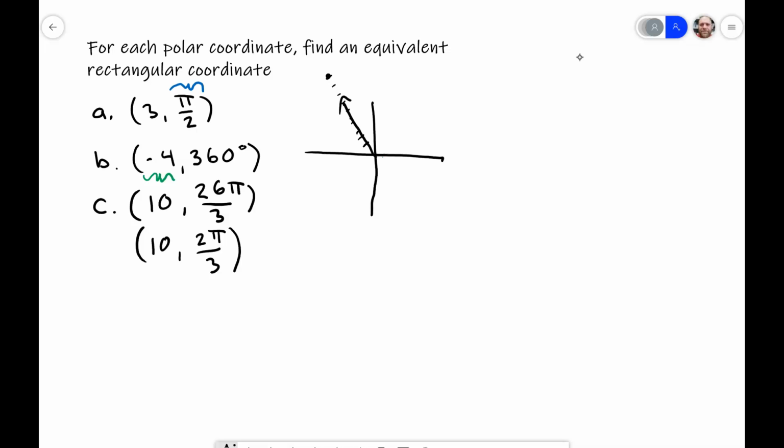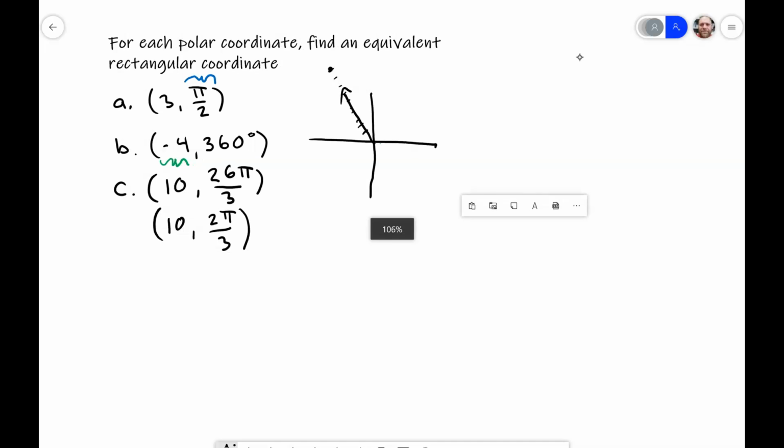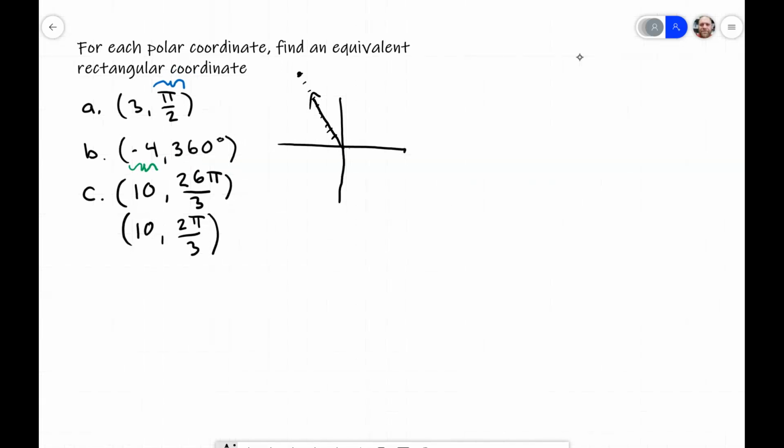So we're going to basically be using two formulas. We're going to be using x is equal to r times the cosine of theta. And we're going to be using y is equal to r times the sine of theta. All right, and so for this first one here, or C that we're starting off with, my x coordinate would